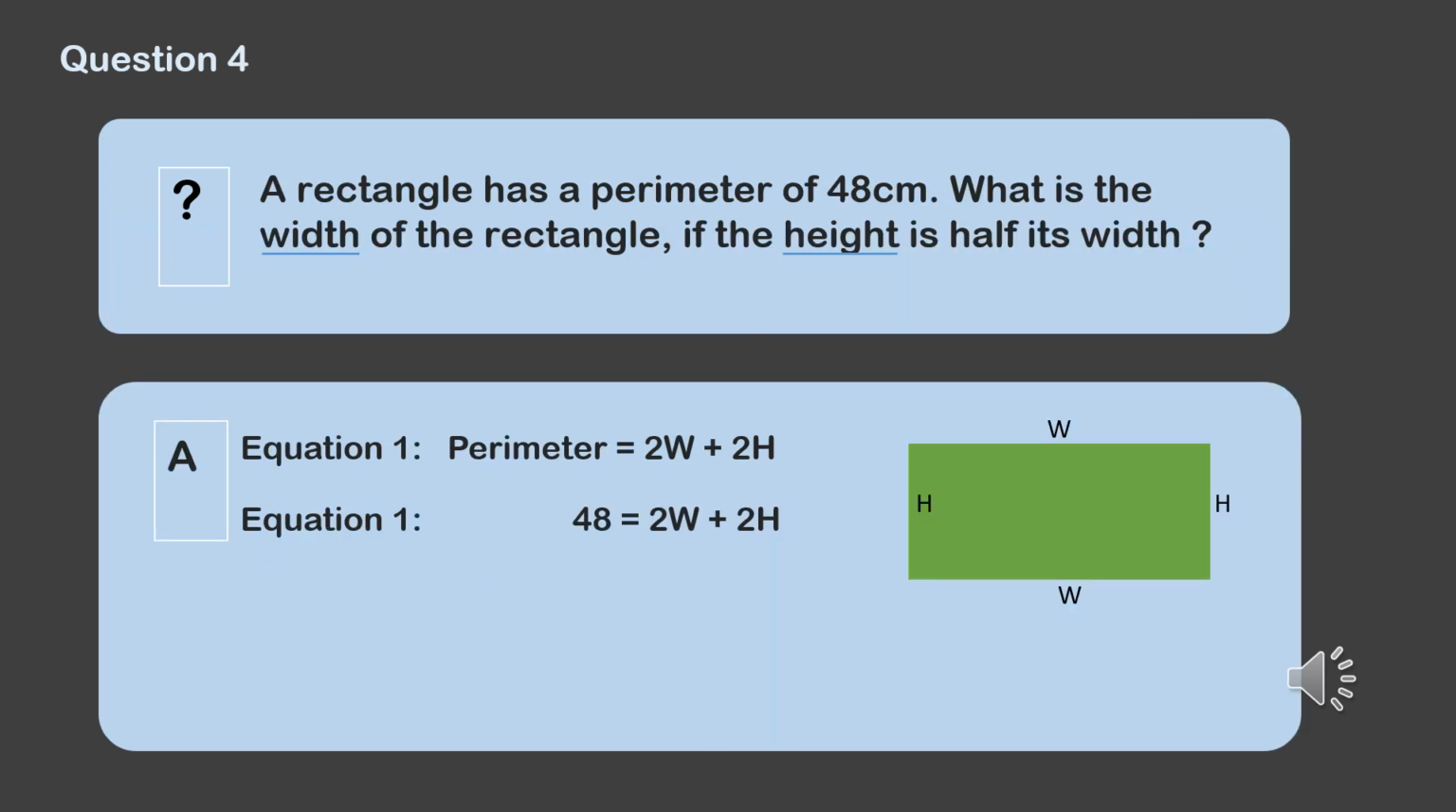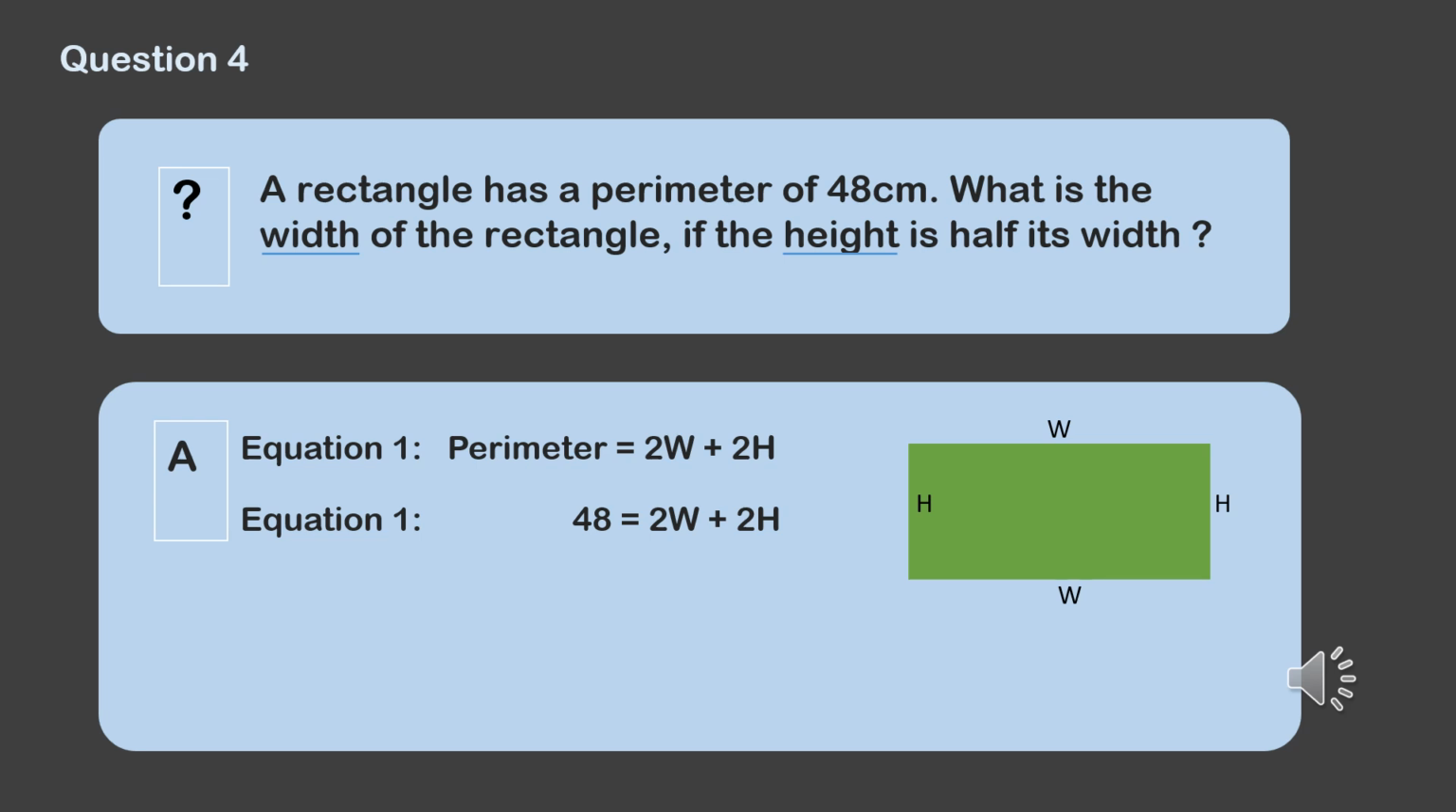Moving on to question number 4. A rectangle has a perimeter of 48 centimeters. What is the width of the rectangle if the height is half its width? We know that the perimeter of any rectangle equals 2 width plus 2 height. We also know that the perimeter equals 48 centimeters, so we replace that with 48, which means 48 equals 2w